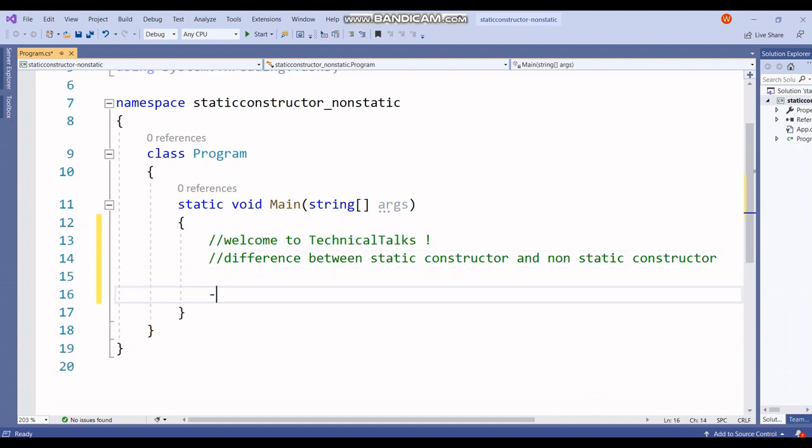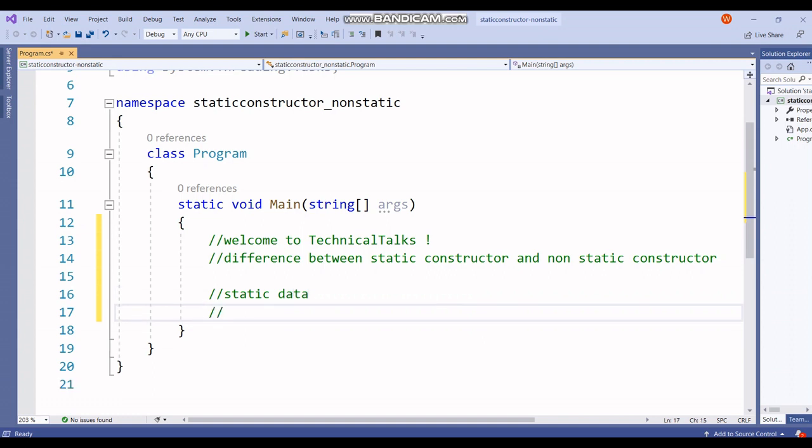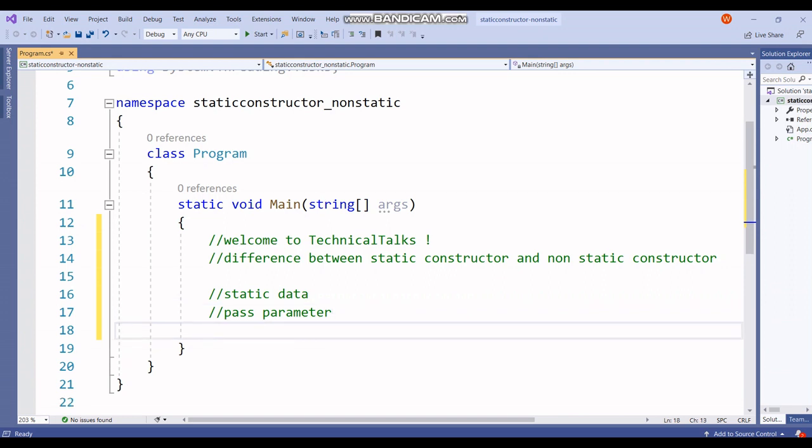So static constructor is used to initialize only static data, and you cannot pass parameters to static constructor. You can't access anything, but you can access only static members.